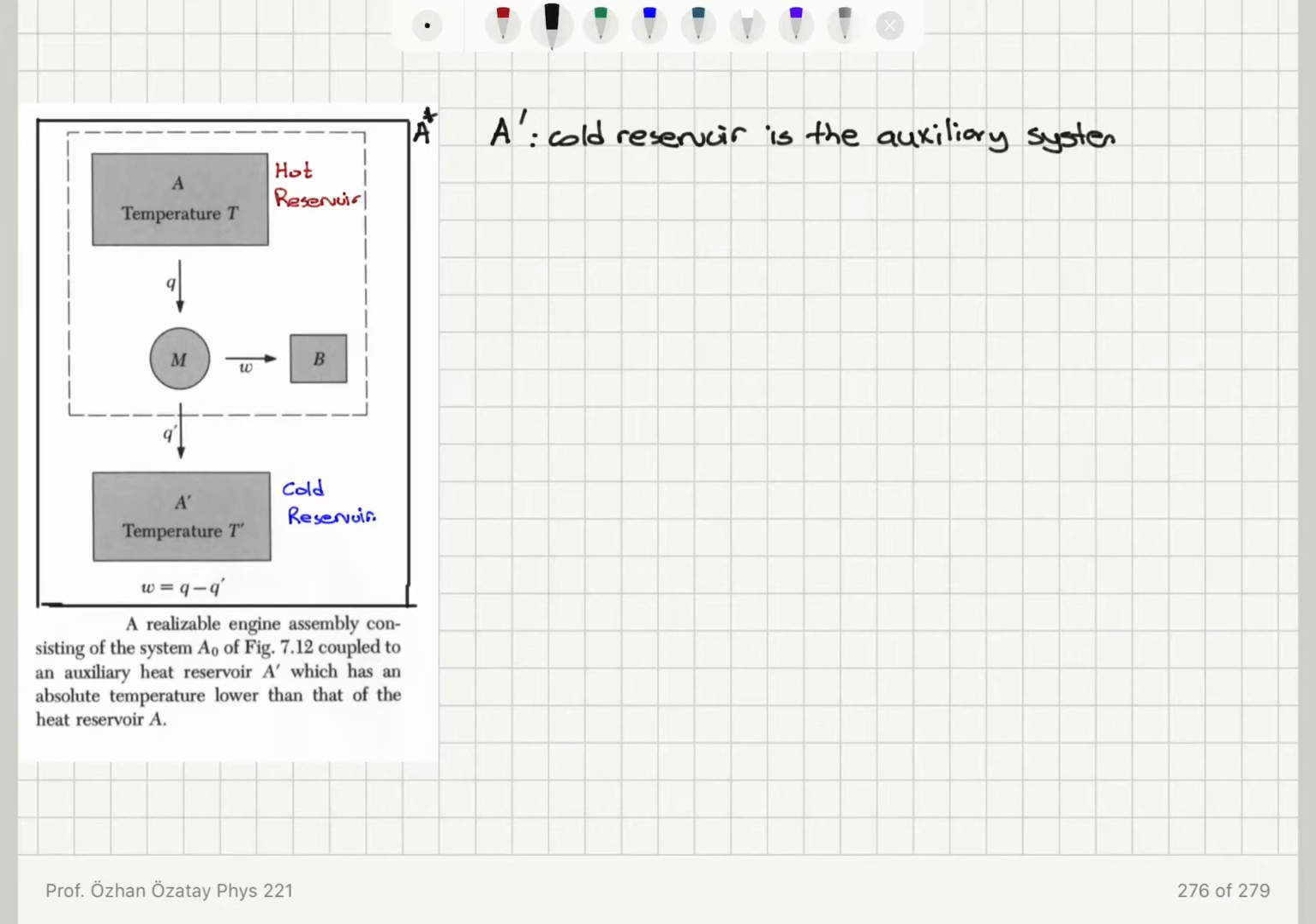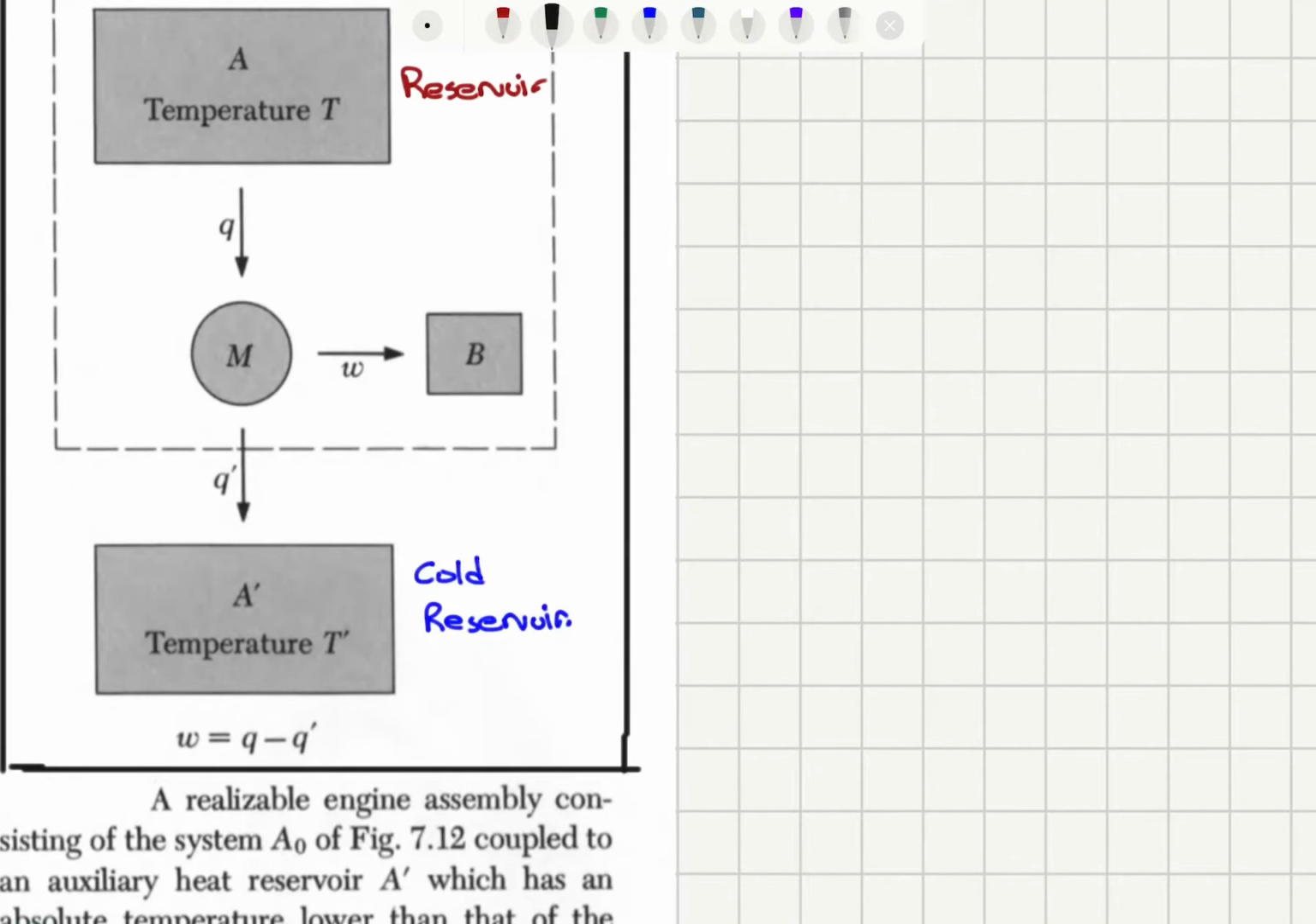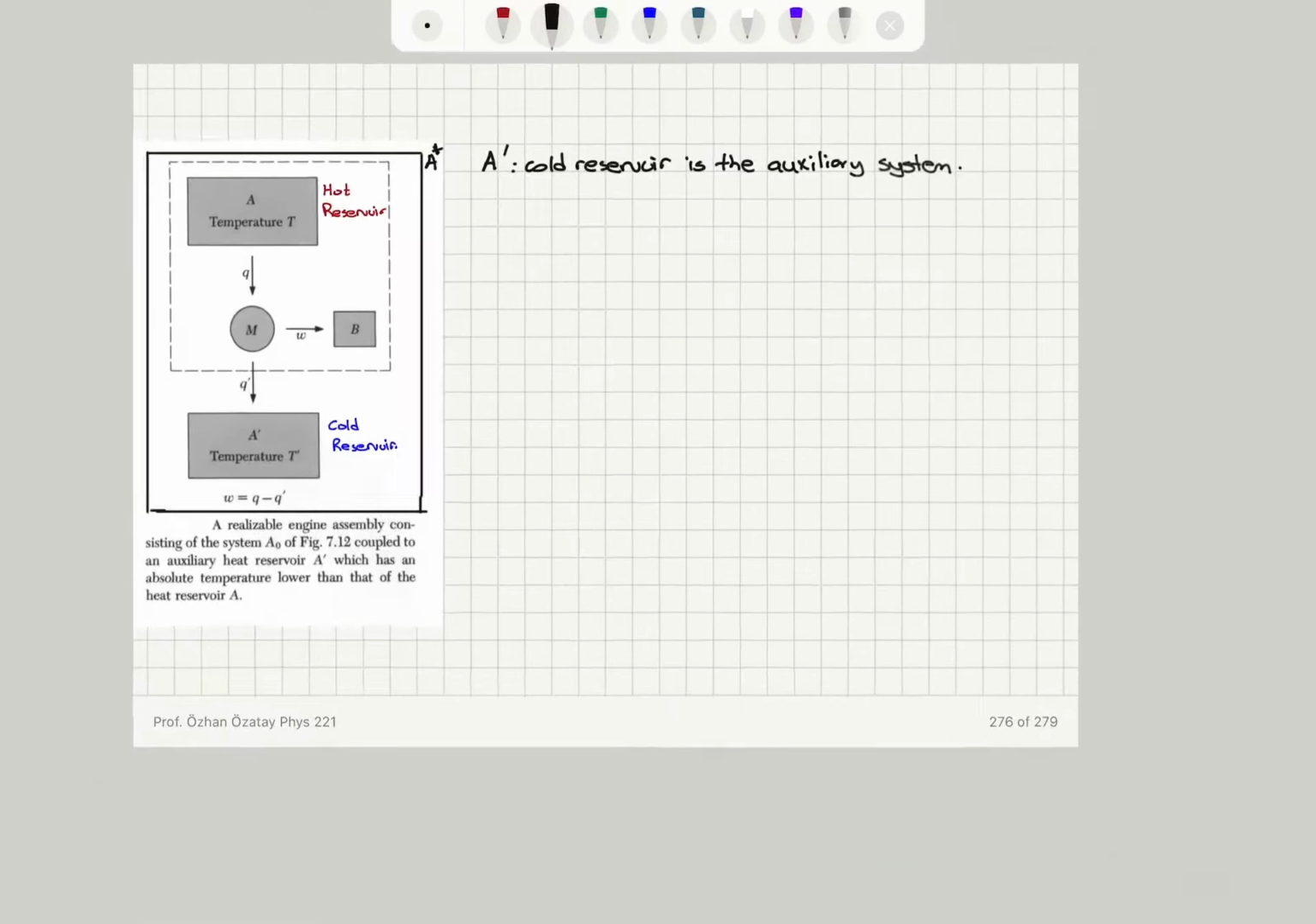So what happens in this case? I look at the way the heat flows. I have heat being absorbed from the hot reservoir and heat being released to the cold reservoir. So that's Q prime. And the cold reservoir is at temperature T prime. And by using energy